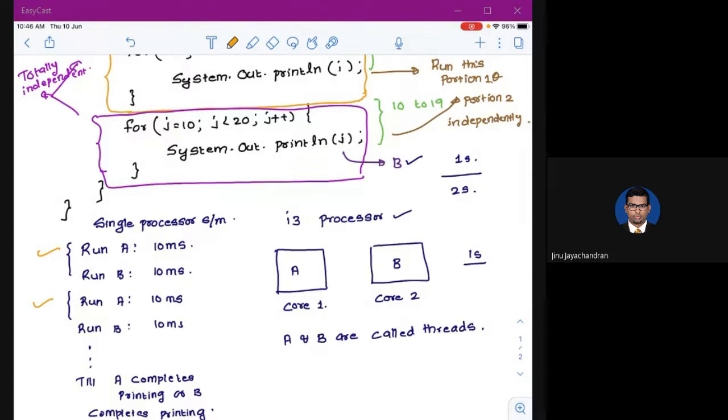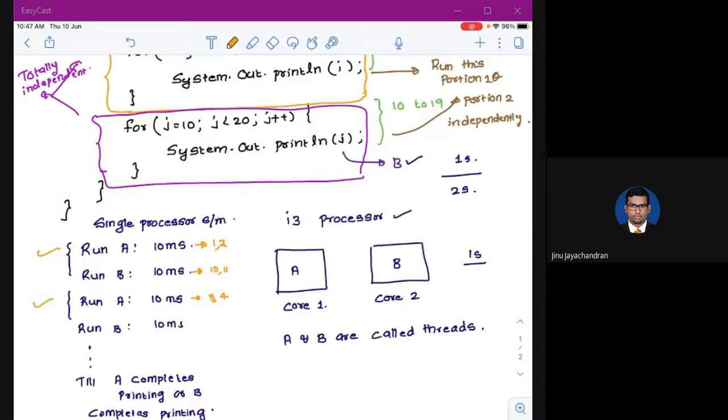For example, in the first 10 milliseconds, A might have printed up to 1, 2. That's all. B might have printed 10, 11. In the next 10 milliseconds, A might have printed 3, 4.